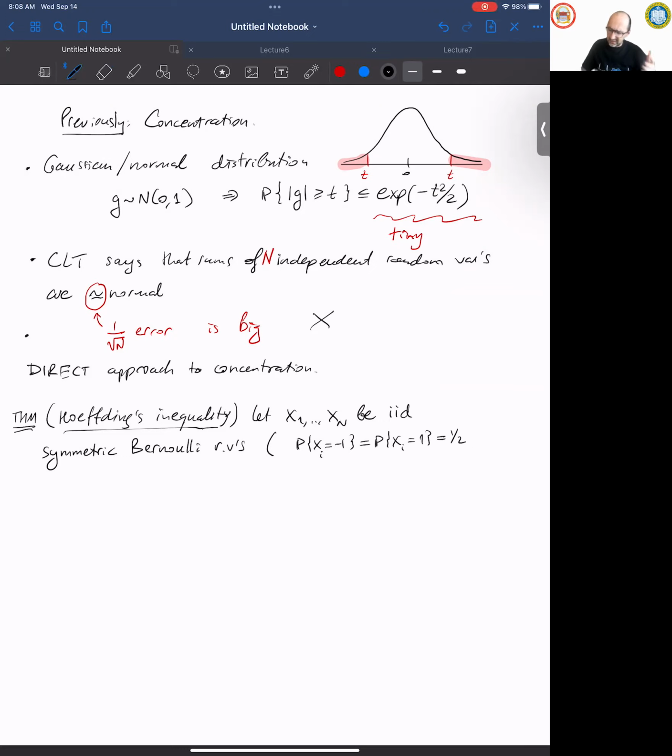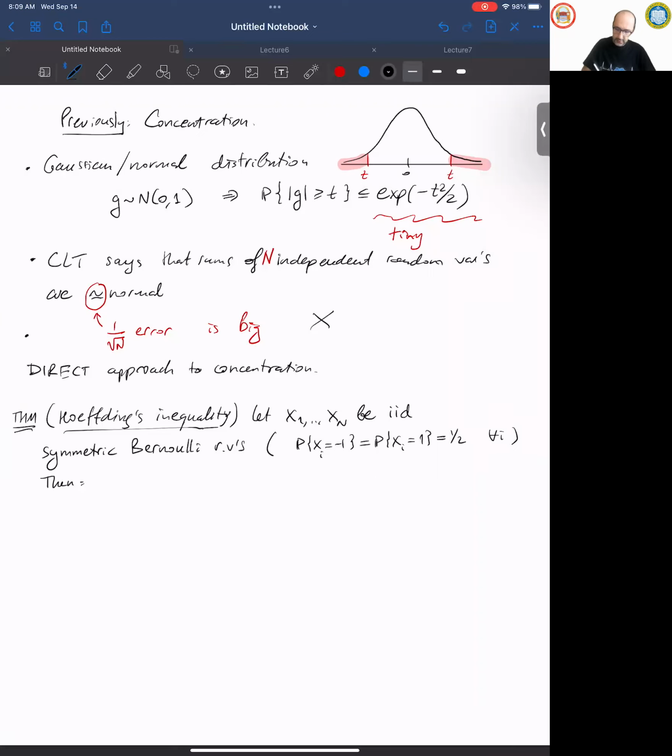And the reason is, it doesn't really matter. The problem is that with a normal Bernoulli, if I said 0 has probability 1/2 and 1 has probability 1/2, the mean is not 0, the expectation is 1/2, so I have to subtract it. And the variance is not 1, I have to normalize it, and that's a little painful. It's just for aesthetic reasons, we prefer to work with symmetric Bernoulli, for which the expectation is 0 and the variance is 1. Agreed? Yeah. So it's already normalized. Perfect.